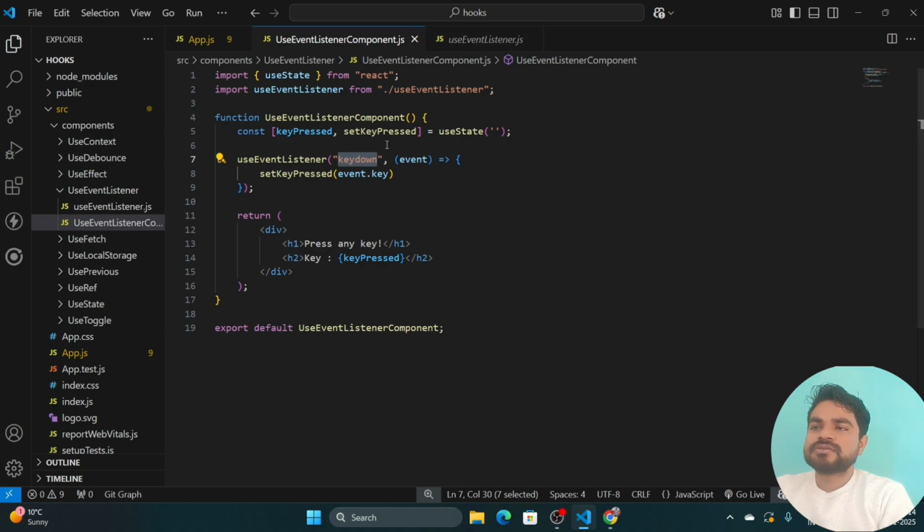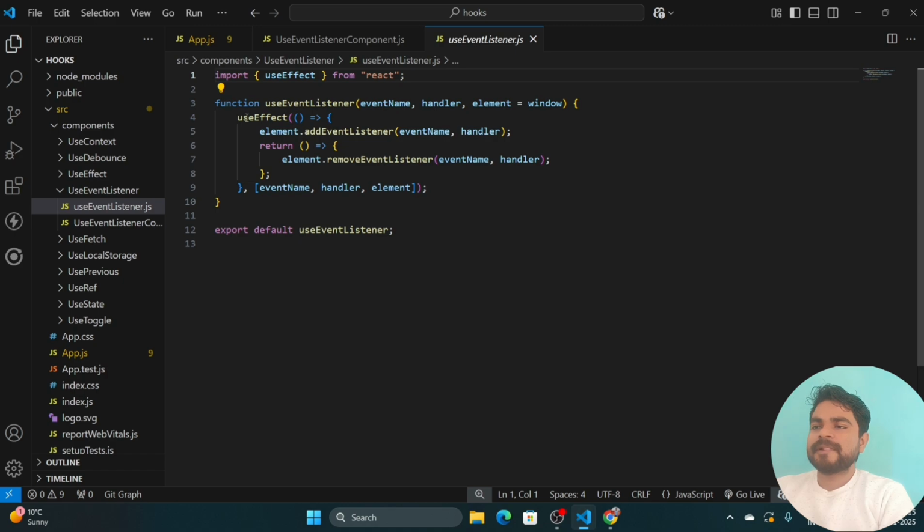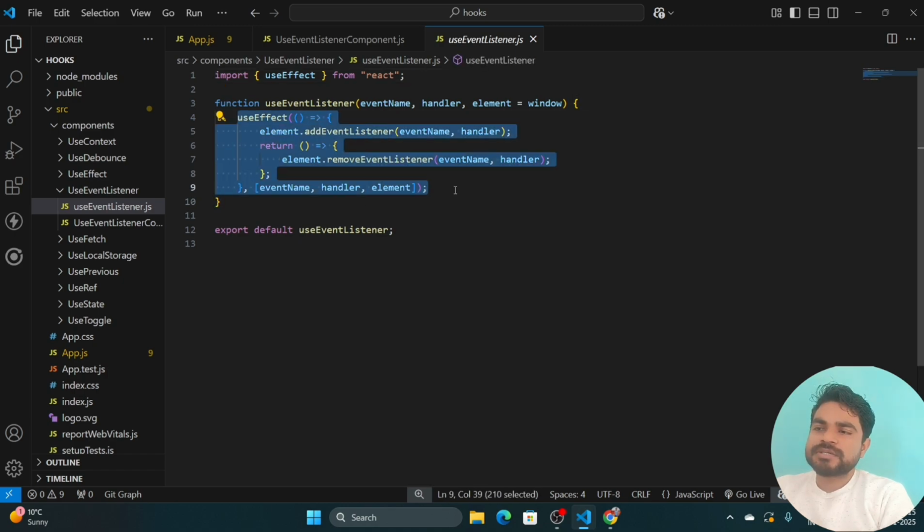And second, we pass a function, inside which we pass an event, and this state will set the value for key pressed. Now let's see how the custom hook works. Here we call a useEffect.